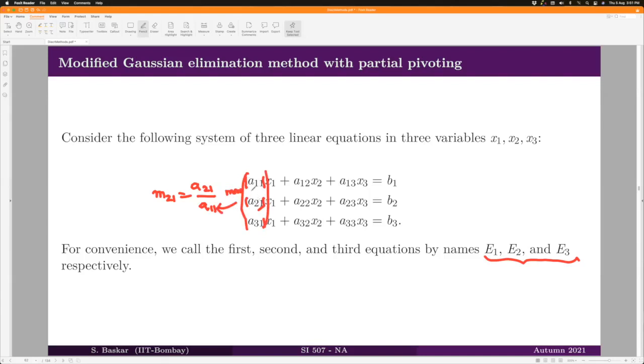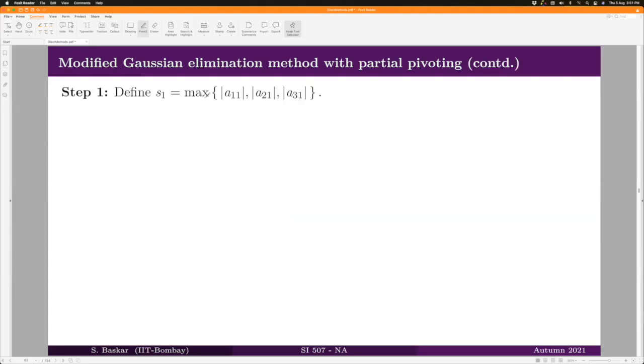In other words, whichever comes as maximum, we will push that to the first equation. That is what is called pivoting. So here we are only taking the maximum among the first column. You may also take the maximum among the other columns, in which case you will have full pivoting, but we will not do full pivoting. We will only do partial pivoting. For that, the first step will be to take the maximum of the first column of the system. Since you are taking the maximum, surely that maximum will be non-zero. You can think why it is so.